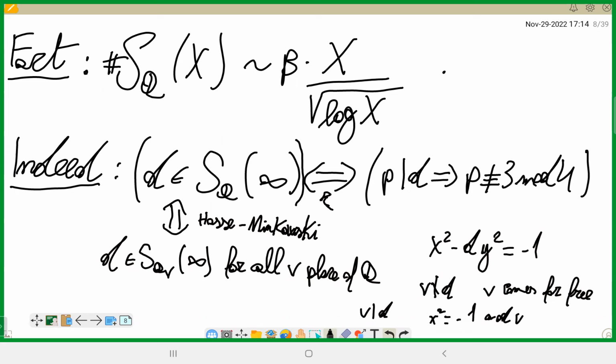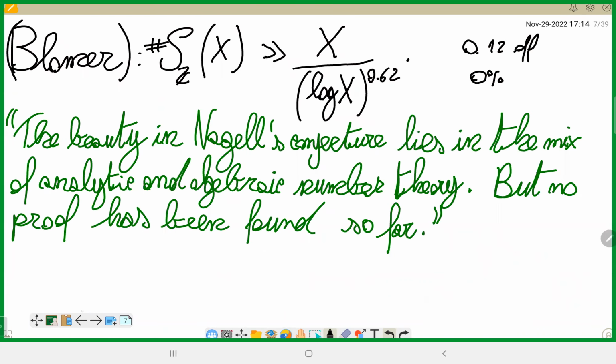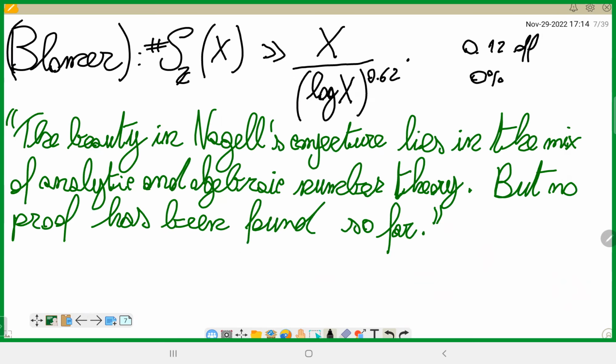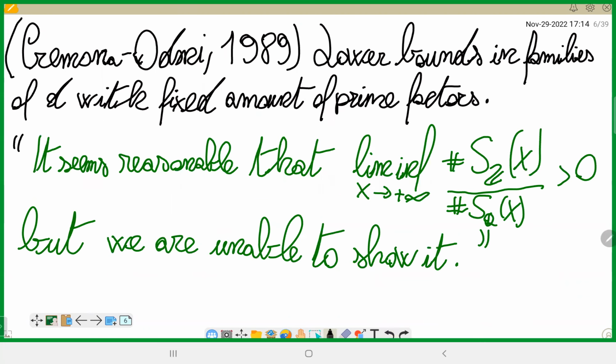So the whole point of this story is that for SZ infinity, the criterion is much more complicated, and the question is how to transition from the set SQ infinity to the set SZ infinity. All right, so that shows that this was indeed 0.12 off. So a lower bound of the order x divided by root log x was open for a long time, and also the actual value of Nagel's conjecture, this constant c in Nagel, was not specified, not even in a conjectural form,